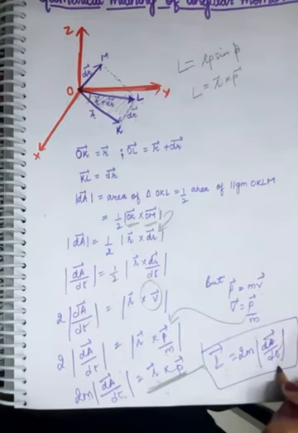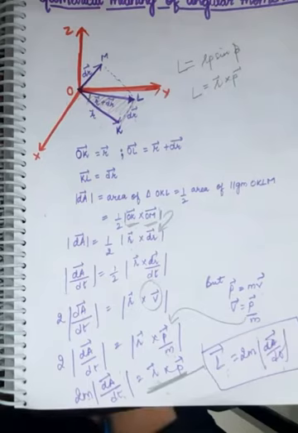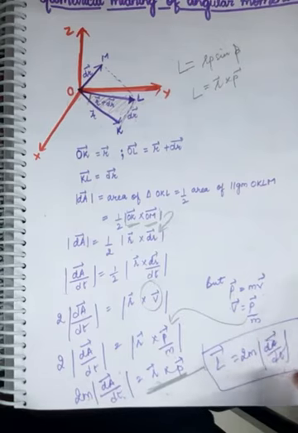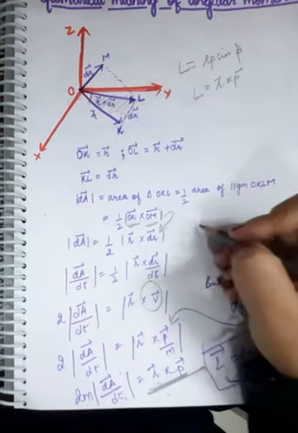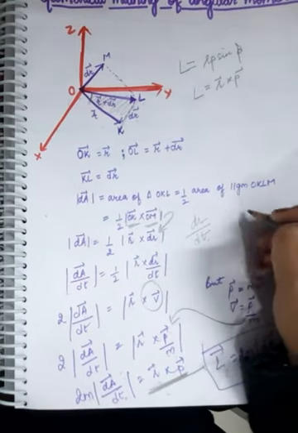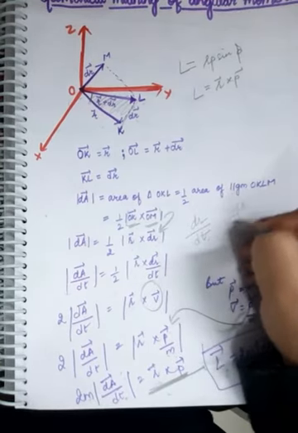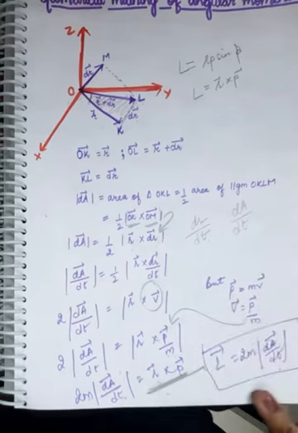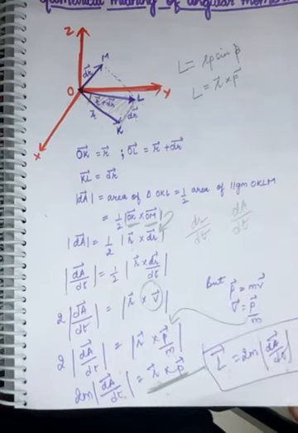So this is the geometrical interpretation of angular momentum: angular momentum is numerically equal to 2m times the areal velocity. Areal velocity is dA by dt. If you take displacement upon time, that's linear velocity. If you take dA by dt, that is area upon time, that is areal velocity. So angular momentum is numerically equal to 2m into dA by dt.